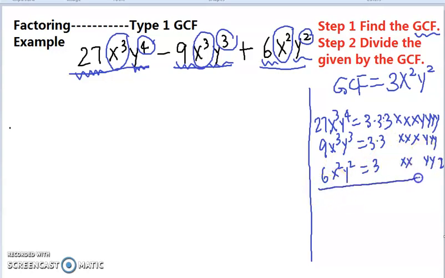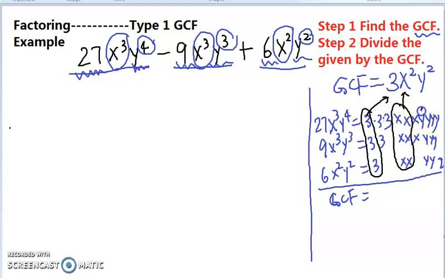And now if you look at the columns, the number or variable that appears in all three terms is the 3, which is the 3 we found, and no more numbers. And each of them contains 2 copies of x, so that gives us x squared. And for y's, notice we found y